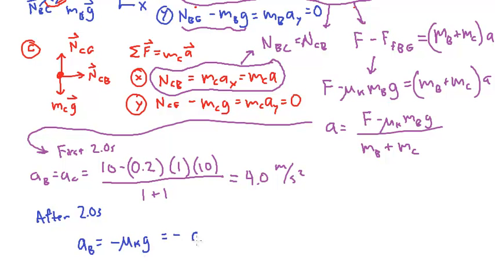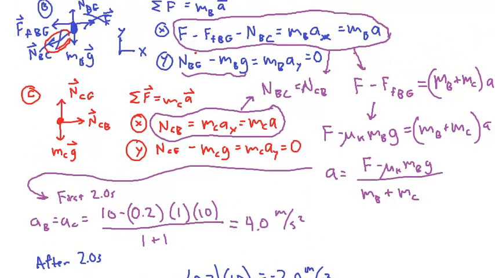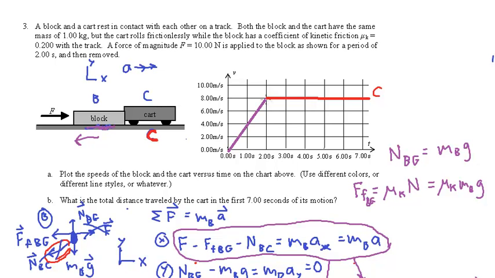Okay. Now the block. What does the block do? Well, if we look at the block here, we no longer have this thing, this N_BC here, right? That's gone now. Okay. So what happens now is that goes away, and so of course the applied force is also gone. So now the block only has the m_B g, and friction force. So the normal force for the block, this is all still going to be accurate, but the acceleration of the block, if you punch through the equations, and I encourage you to,